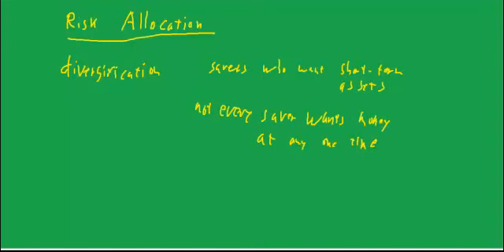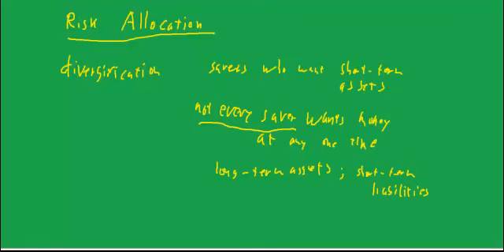Then if you're a bank with a diversified set of savers, you can invest in long-term assets, maybe not 30-year assets, maybe 5-year assets, whatever, and issue short-term liabilities and count on not every saver coming in to your bank and asking for withdrawal at the same time. So by having a diversified group of savers, not every saver wants the money at the same time, you can